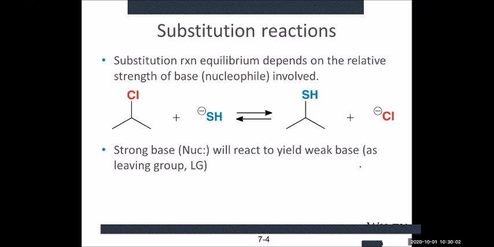Okay, so the substitution reactions. This reaction is typical, as we learned before. Almost all organic reactions, or any reactions in general, are reversible, and the substitution reaction is the same. It is actually a reversible reaction, and that's why it typically progresses very slowly. And so, the reaction being reversible means that to make the reaction happen, which means to favor the product,